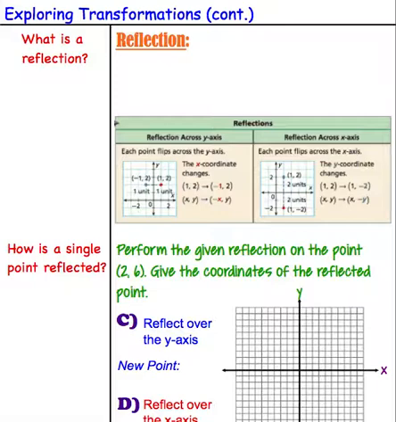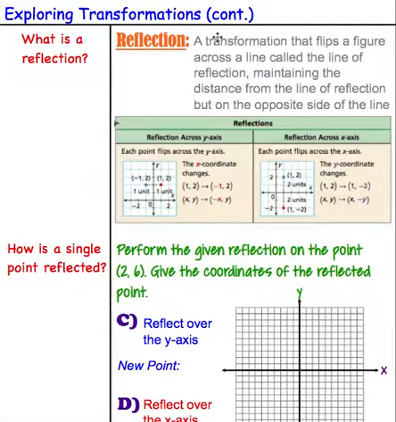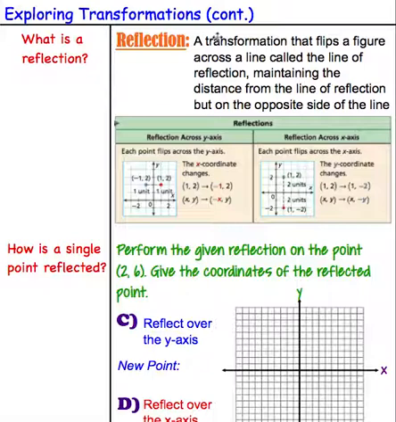We're going to take a look at reflections. And a reflection is that transformation. It's going to flip the figure across the line, which is called the line of reflection, but it's going to maintain that distance, because if you think about looking in a mirror, your image in the mirror, your reflection, is the same distance from the mirror as you are from that mirror, but it's